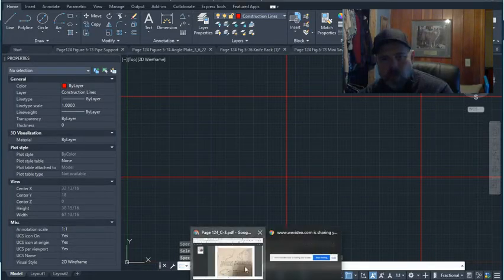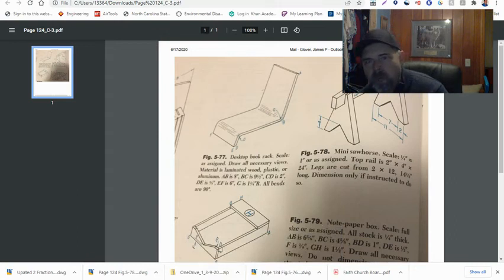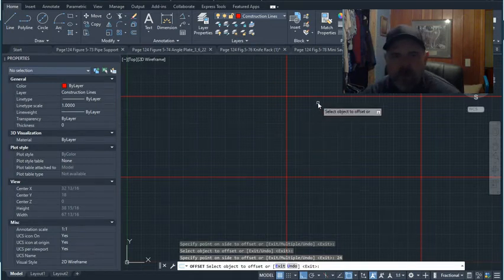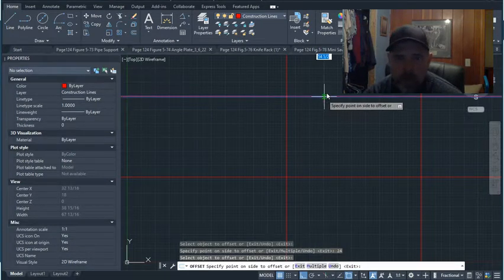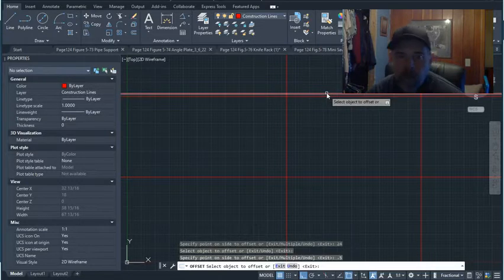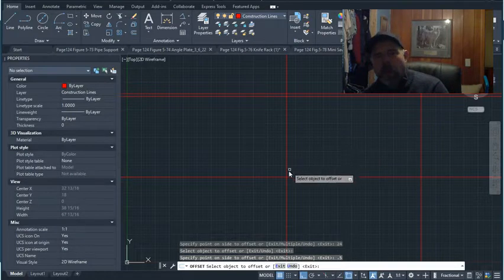Let's go back to our drawing real quick. We notice that we've only got a little bit of that line still sticking out there off this 2 by 4. We see we only got 1/2 inch hanging out there. So from 14.5, we're only going to go up 1/2 inch. So we're going to offset another line here at 1/2 inch, 0.5. Now, we know